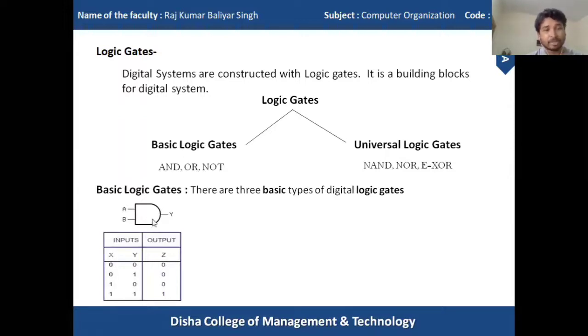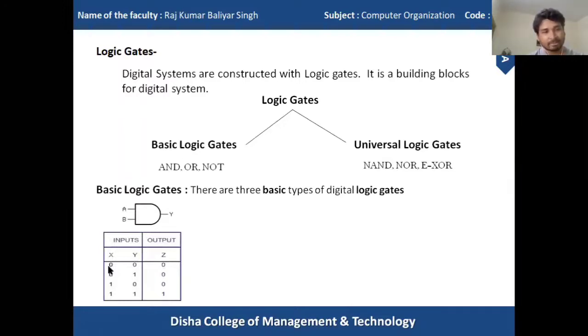And as we know, this AND gate is a digital system, so on the input side we can only supply a 0 value or a 1 value. Apart from that, we cannot give any other values. So if we take A and B combined, we have 4 individual choices: 0, 0, 0, 1, 1, 0, and 1, 1. Any one of the combinations can be supplied to this AND gate, and according to that, we will get the output value.